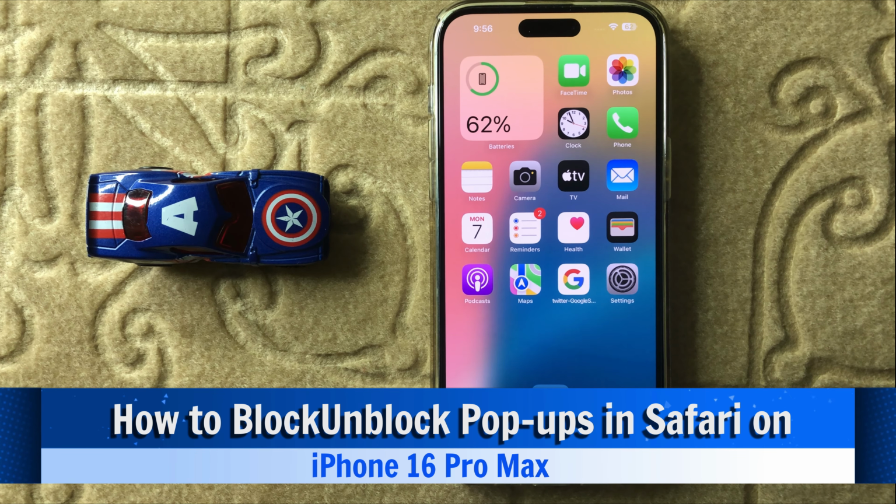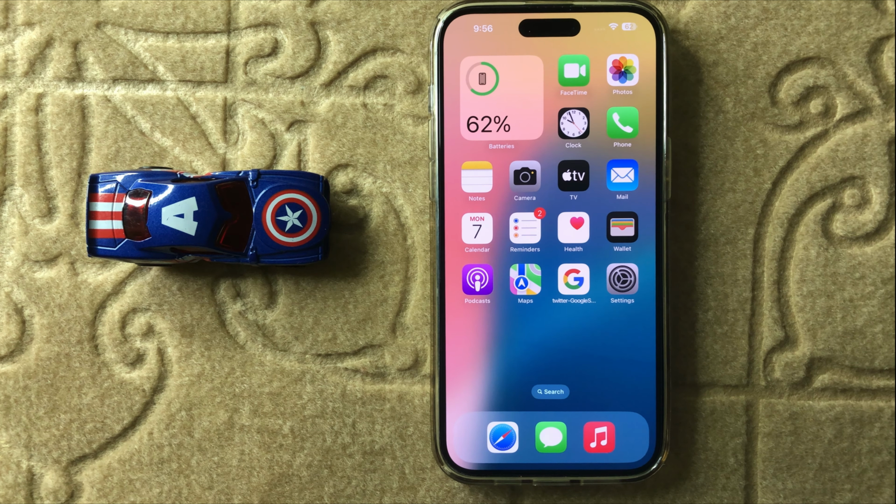Hello everyone, today in this video I will show you how to block or unblock pop-ups in Safari in iPhone